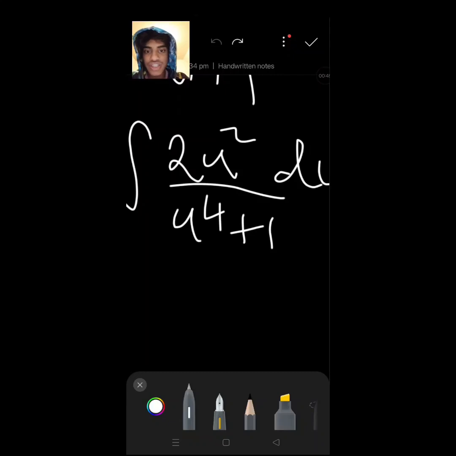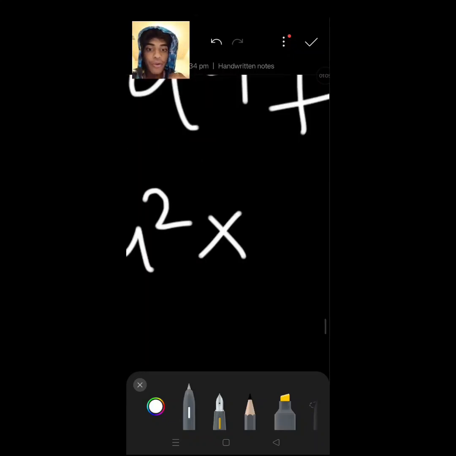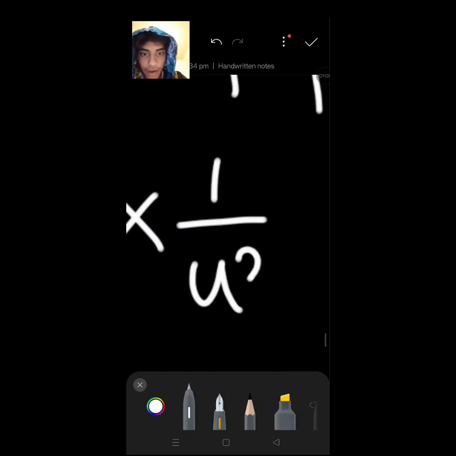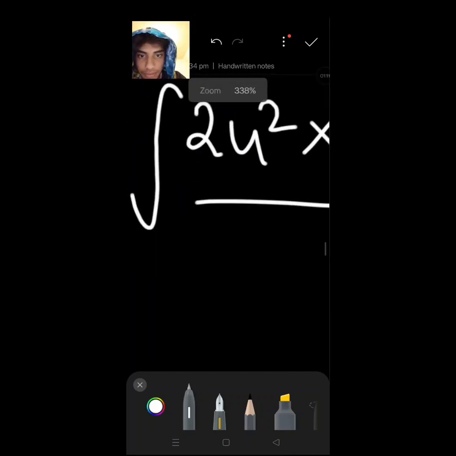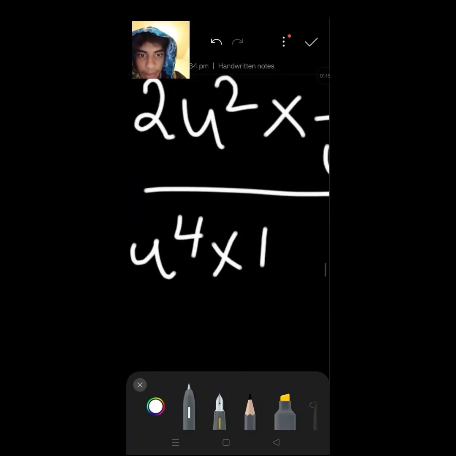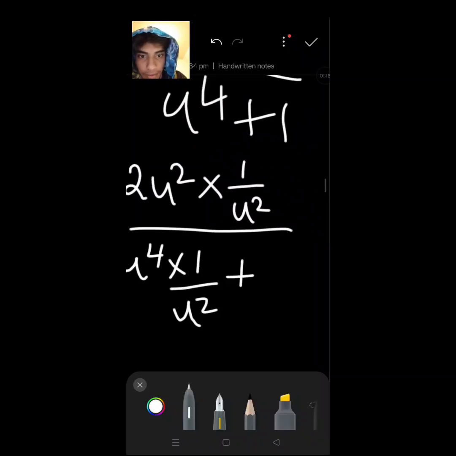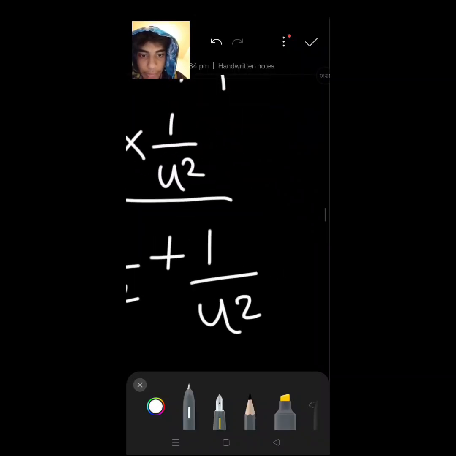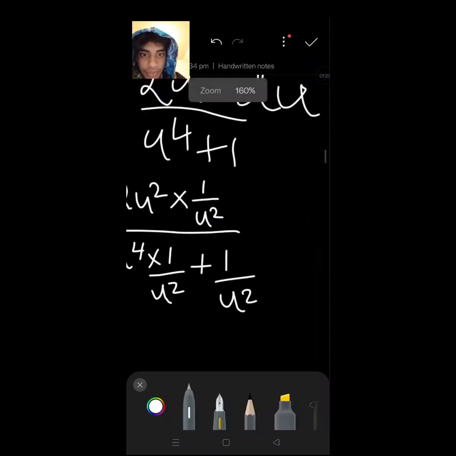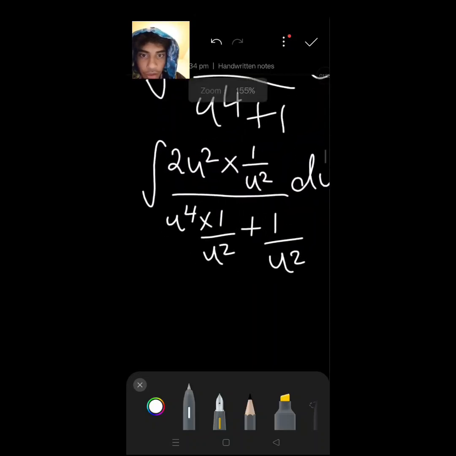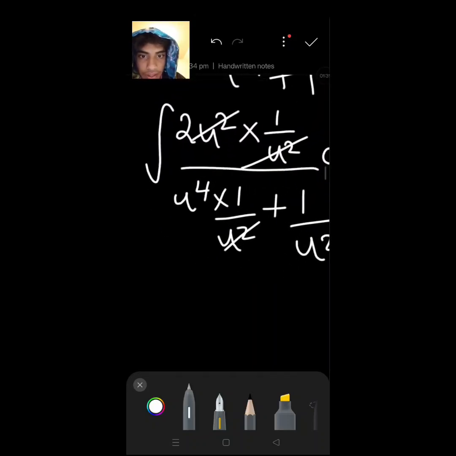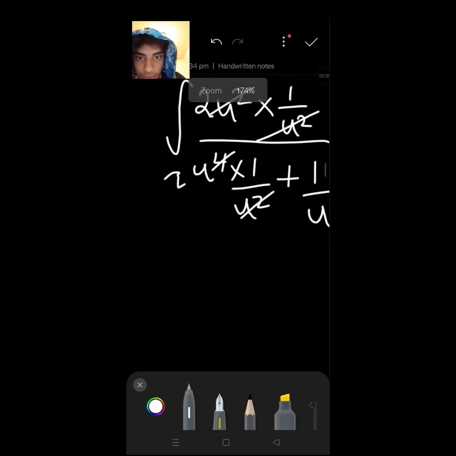Anytime we need to make any change in the numerator, the same thing has to be made in the denominator, vice versa. So what I'm going to do is basically divide by u squared, so multiplied by 1 over u squared. I'm going to do that throughout. U to the 4th multiplied by 1 over u squared plus 1 over u squared, because it's basically 1 into 1 over u squared, du. But what do we need to do? This cancels off with this. This cancels off with this twice. So it's integral of